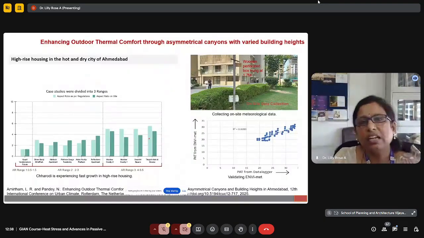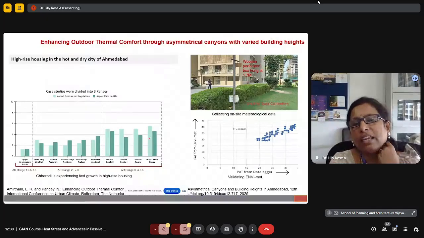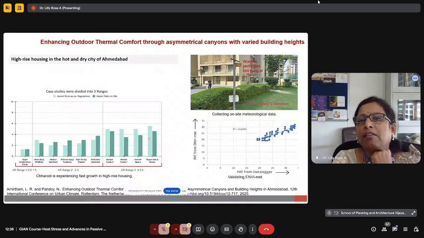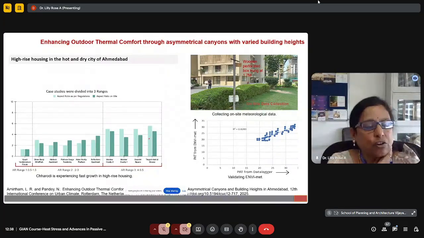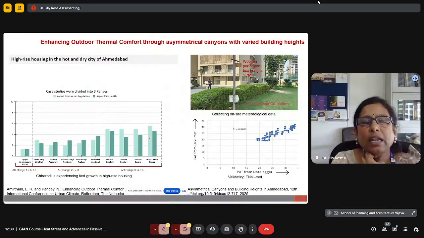So the next study was done at Ahmedabad, wherein we tried varying the building heights in gated communities. In Ahmedabad, especially near the Charodi region, high-rise buildings started cropping up in the recent decade. So we analyzed what is the